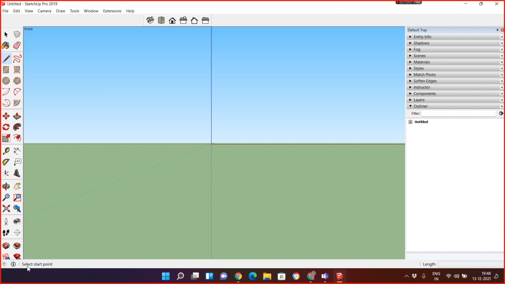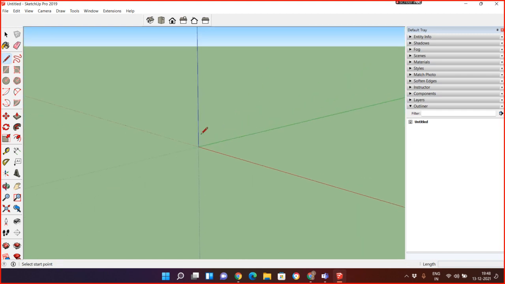See what it asks: select start point. So I just rotate and click on this horizon. Then my line is started. Now I want the next point. It says select the end point or enter value. So I want to select the end point, so I just move here and click the end point.